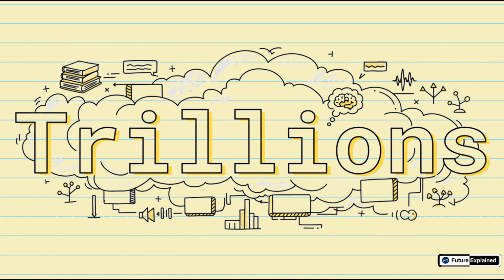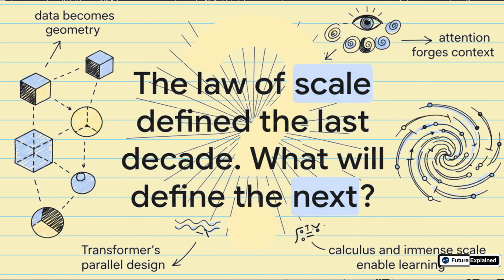It's all in there. And that brings us to the end of our journey. We've covered a lot of ground, haven't we? We started with how data becomes geometry. We dove deep into how attention creates context. And today, we saw how calculus and just unbelievable scale make learning possible. This law of scale, made real by the transformer architecture, has brought us right here to this incredible moment in history. And so I'll leave you with this question. For all of you who will be building the future, what comes next? What's the architecture that will define